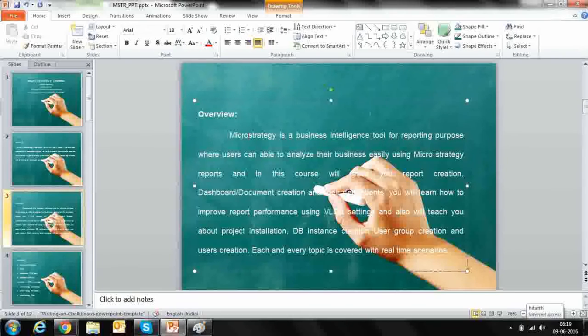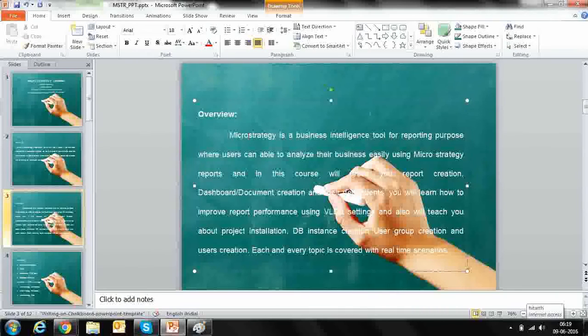MicroStrategy is a BI tool used for reporting purposes, where users can analyze their business easily using MicroStrategy reports. In this course, we will teach you report creation, dashboard creation, and their dependencies.